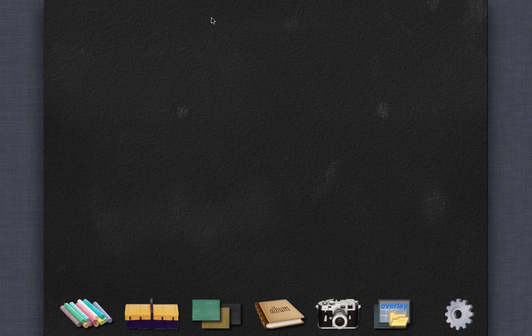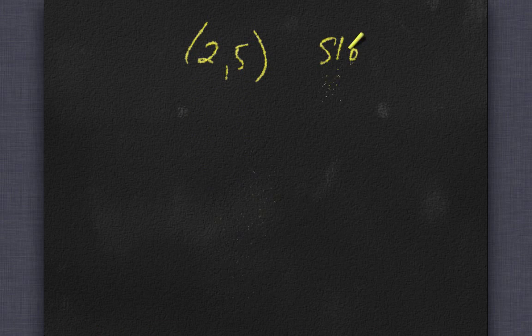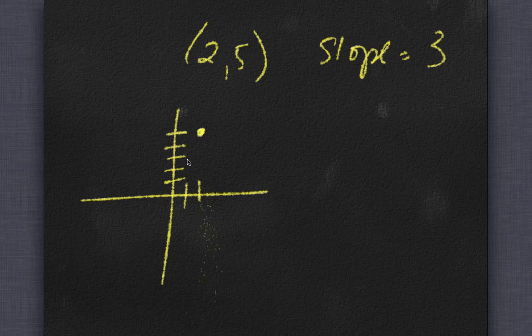So if I want to have the point (2, 5) and slope 3, then I can, on the one hand, graph this. So 1, 2, 1, 2, 3, 4, 5. Slope 3 means when I go 1 to the right, I go up 3. So I could go over 1, up 3, or back 1, down 3. Just draw a line through it. You only need 2 points to make a line. I can also